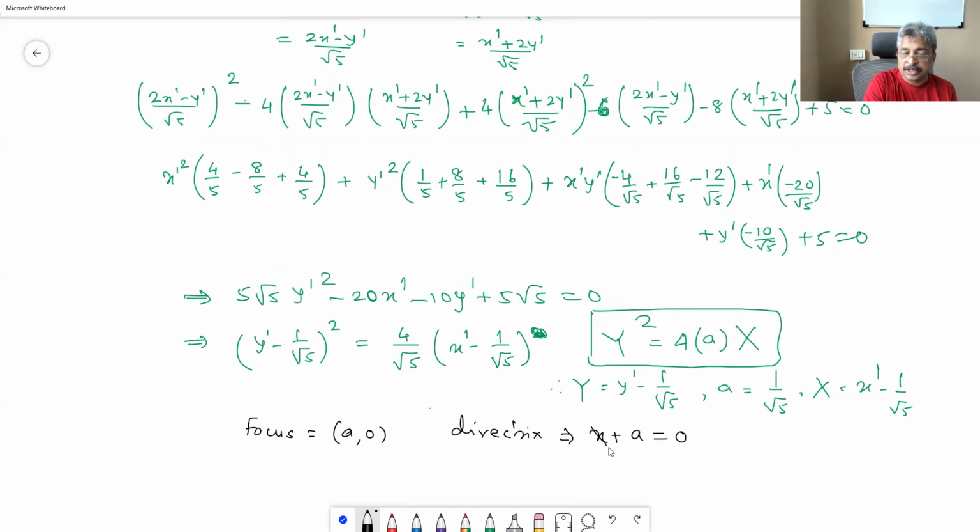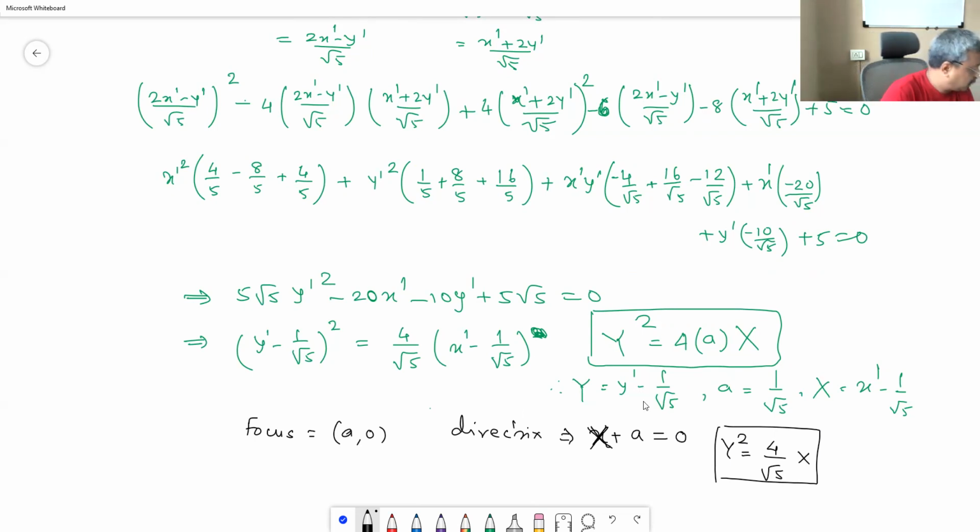Okay, so now this x is capital X, the last form. Capital X plus a is equal to 0 is our directrix. So as far as this parabola is concerned, it is capital Y square is equal to 4 upon root 5 capital X,